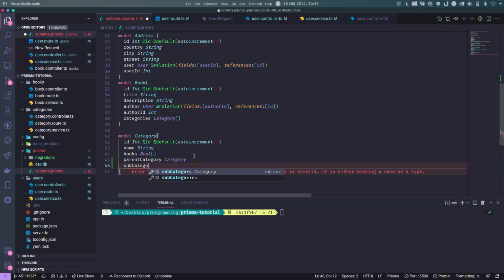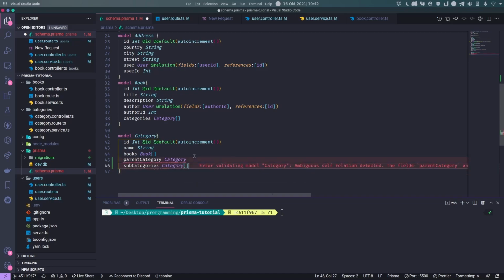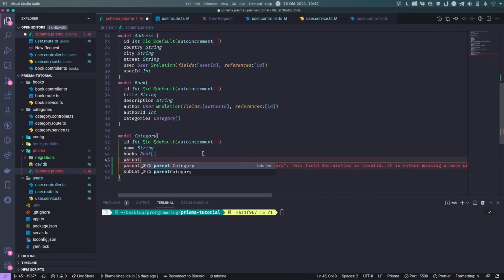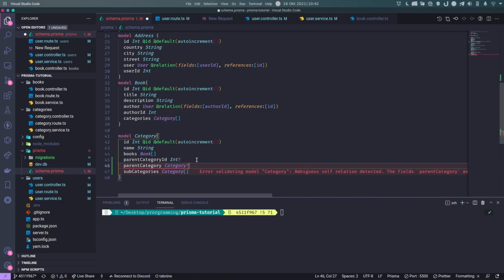So because it's a list of categories, it's a one-to-many relation. So subcategories will be a list of categories. The next part would be who is taking the foreign key, and the foreign key will be given by the subcategory itself. For each subcategory, they always have the parent category. So what we are going to do is create a parent category ID, and here we mention the integer itself. Now we will add the question mark because this is optional. They don't have to have